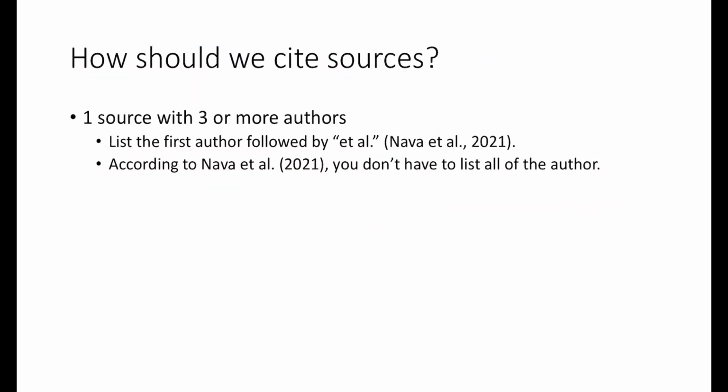Now, let's say you have 3 or more sources, which is very common. They've actually simplified the way that you can do this now. What you do is you write the name of the first author that's listed, and then you just write et al. after that. And that means, I don't remember what it means exactly, it's like and everyone or something in Latin. But basically you write the first name et al. so that people know there's 3 or more authors, then the year of the publication, and that's it. You don't have to write all the different names of all the different people, at least in the text. Later on, we'll be able to list some of those people and give them credit. But for now, this is how we're going to do it.